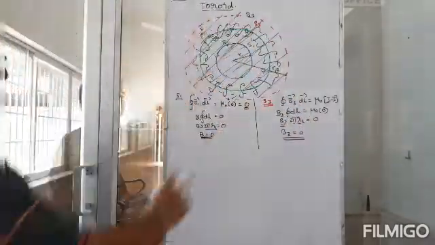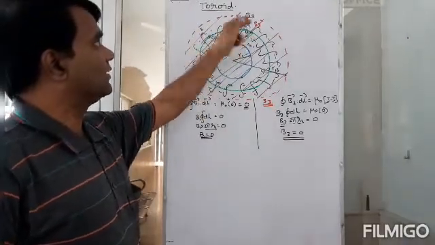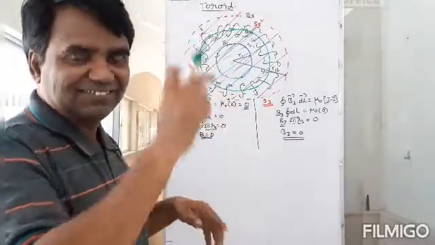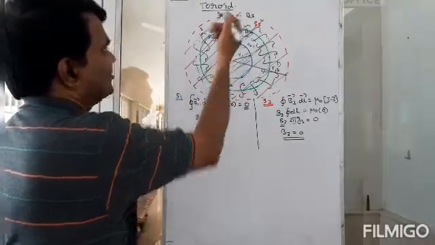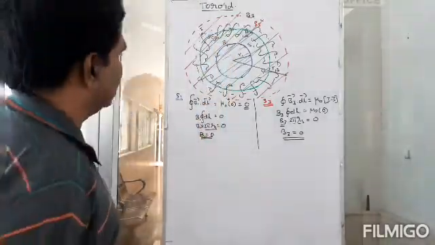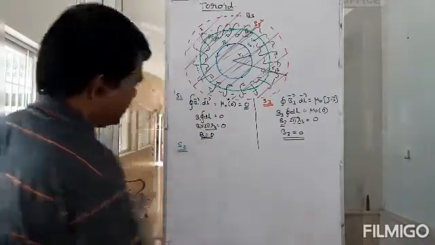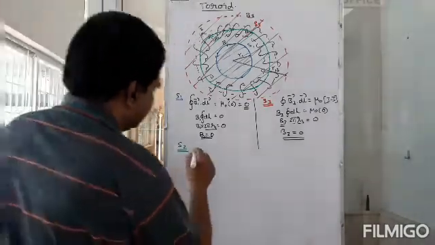Okay, only on S2. So this is piercing, yes, piercing. But there is no return path for that. They are just piercing, they are going in, coming out in all these cases. Now for S2, what are you going to have? The same integral